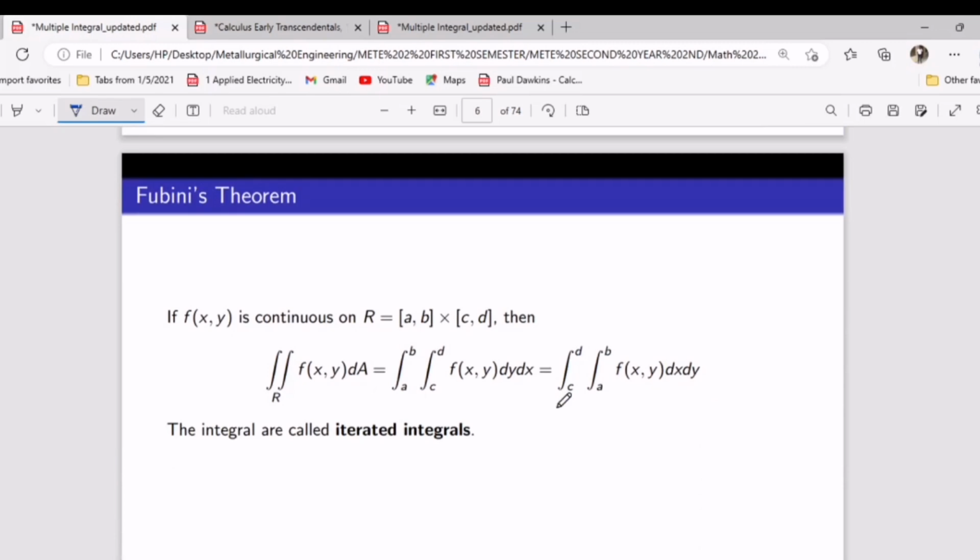Let's go into it. So we have a theorem, which is Fubini's theorem, and this Fubini's theorem makes us understand how we can arrange the dx and the dy, in this case which represent the dA. So if a function of x and y is continuous on R, whereby I told you that R represents [a, b] for x, which is an interval, and [c, d] for y, then we are finding the volume